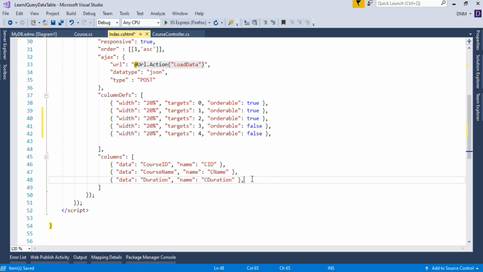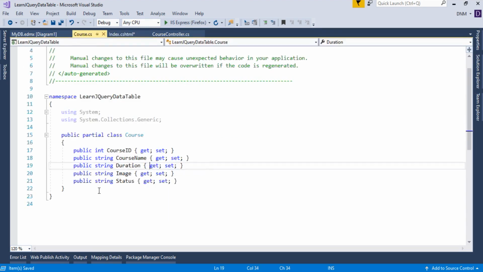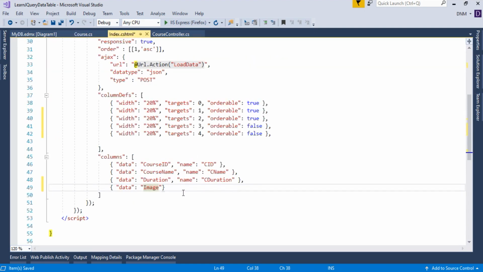Now we have to specify the data, meaning where our data is actually coming from. In the previous video we already studied this part. So data is nothing but our image column, which should match with this, right? It should match with this. Then what name do we want to give it here? Name can be anything.